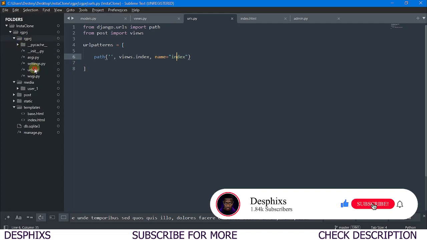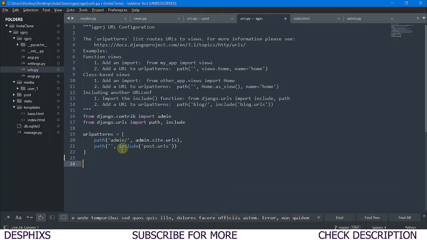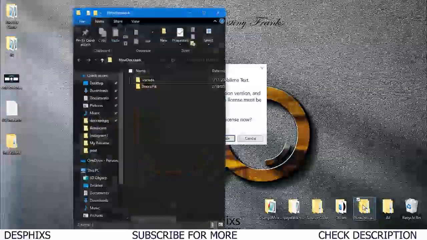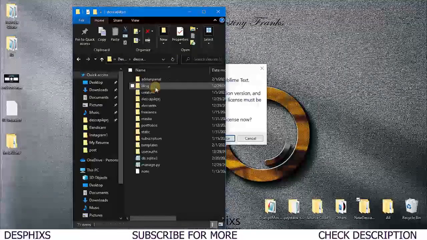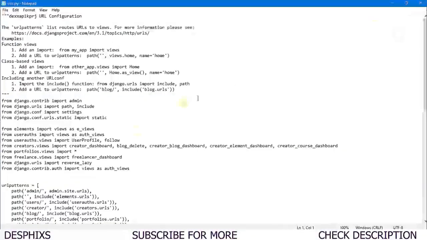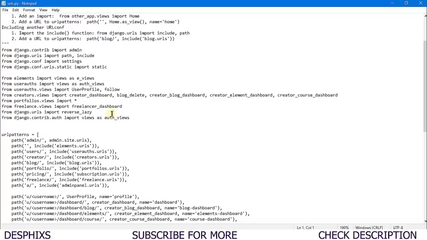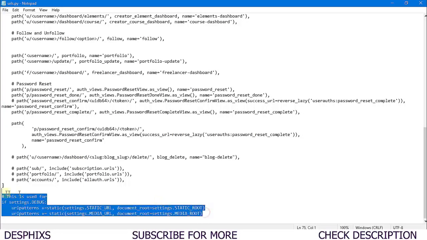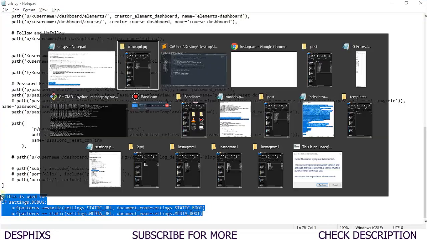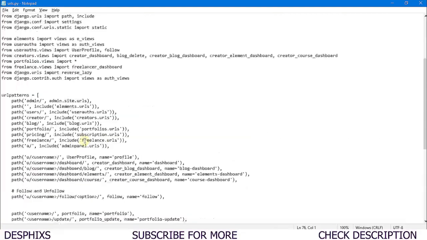So in order to do that, we need to head over to urls.py, and over here, this is where we have to do it. Now, the first thing we need to do is import a couple things, then we're gonna add a couple URL patterns too. So I'm simply gonna open up a project of mine that I've done before, and we're just gonna grab it from there. It's quite short. You can still go ahead and type it out if you want. So this is it over here. I'm just gonna copy this. I'm gonna come down here and I'm gonna paste it.